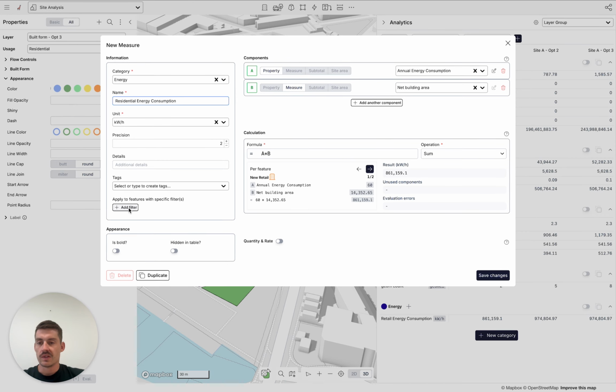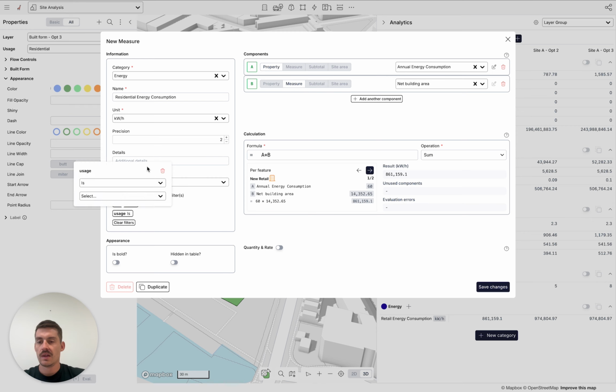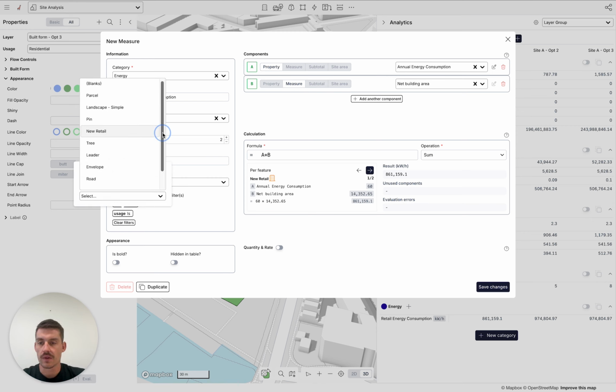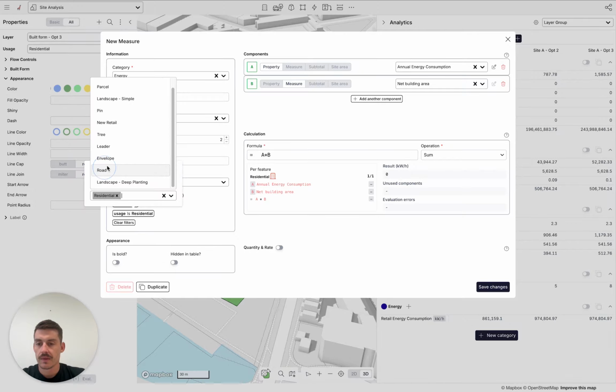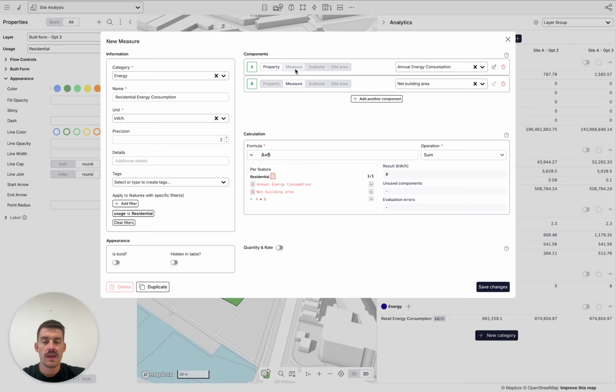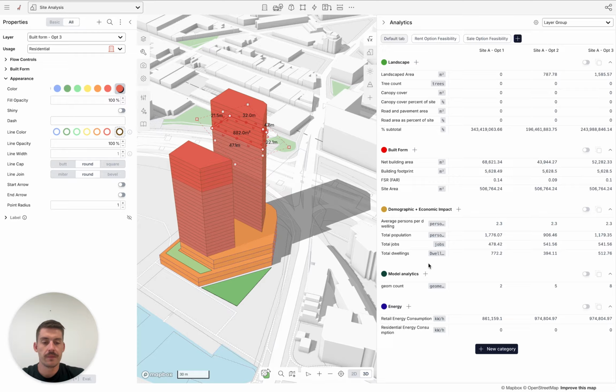We need to adjust the filter. So we want to filter by the usage, and we want to make sure we grab the residential usage. So let's grab that one. The calculation remains the same. It's the energy consumption by the net building area, filtering only for the residential usage. So that is correct. So let's hit save. And what we've got there is